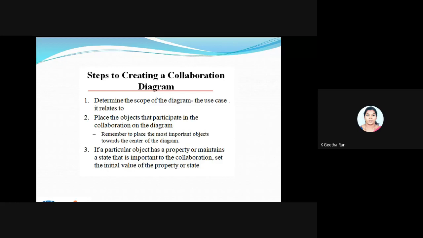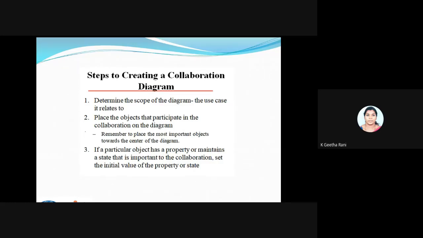Fine then. We have to determine the scope, so what I'm going to draw. What is very important for us? Who will be the actor? What is the system? You can take this collaboration from the use case, and you can take this collaboration concept from the sequence diagram also. One important thing is we have to give priority to the objects. If a particular object has a higher priority, put this object in the center of your diagram.